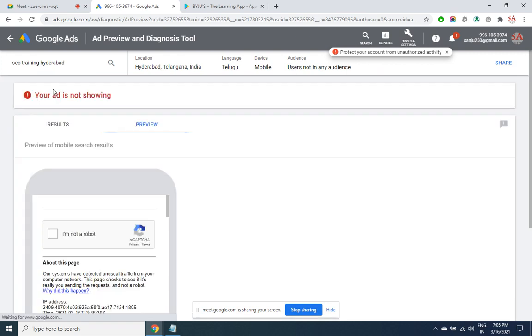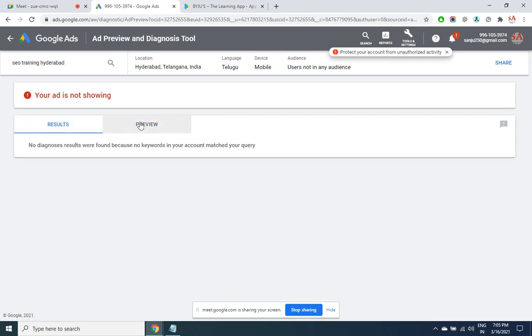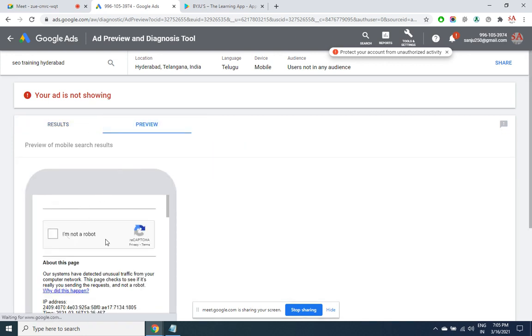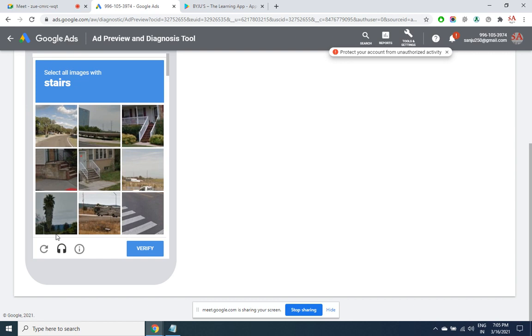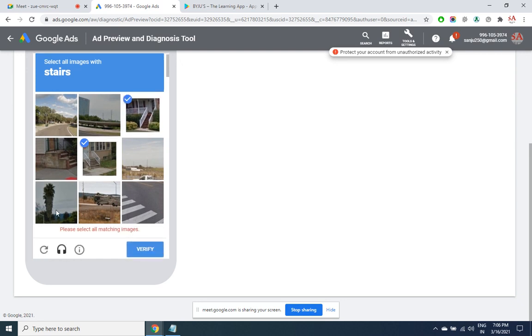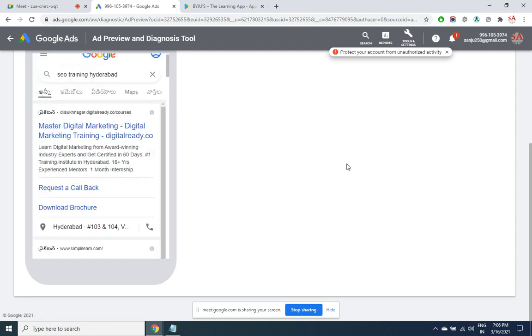Your ad is not running. Okay. So if it is running, it will be shown here how the preview of your ad is. Because my ads are not running, it is not showing here, otherwise you would see.